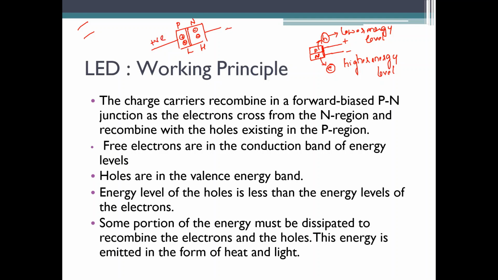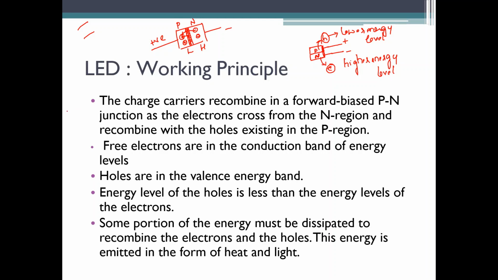Because of the connections that have been done here, the electrons present in the n-type material, which are at a higher energy level, will cross this particular barrier or junction, and will combine with the holes, as it was happening in my previous normal PN junction diodes, because you want the current to flow, right? What do you mean by flow of current? Flow of current is nothing but flow of electrons. So electrons from the n-type material will come to the p-type material and combine with them.